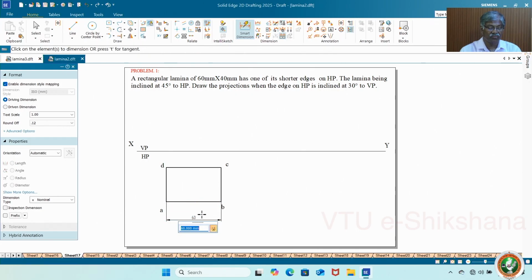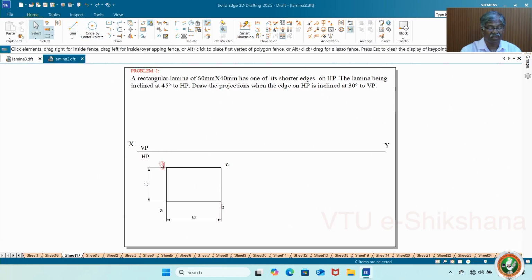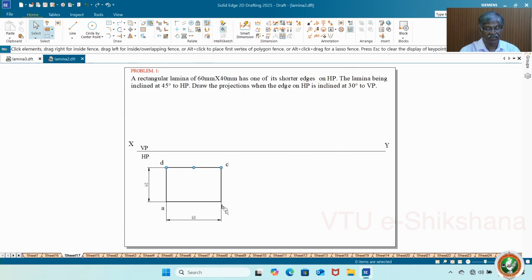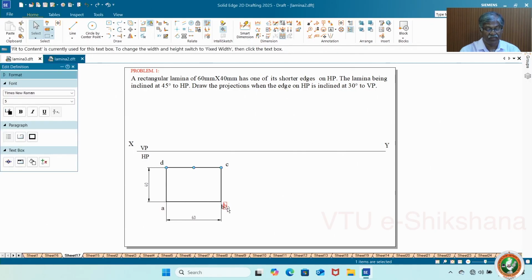Okay, now keep this a little away from it. That's all. So if you feel that this lettering is a little close, you can even change it afterwards. You can use the select command and then rearrange. Okay, it's not a big thing. You can rearrange. You see that the dimension line should not cross those lines. So don't kill letters. Okay. Now